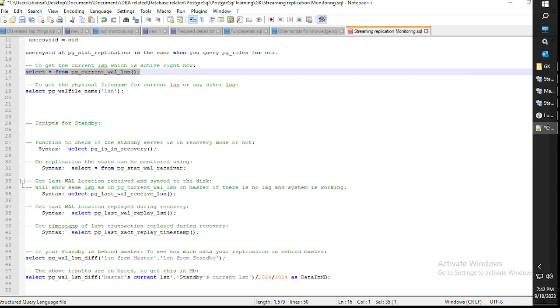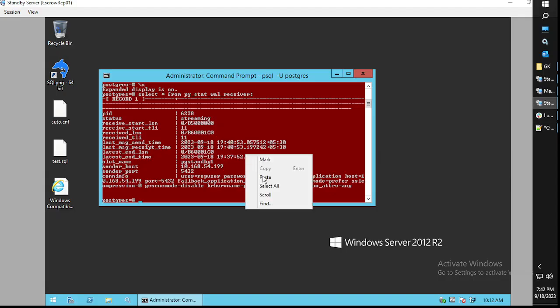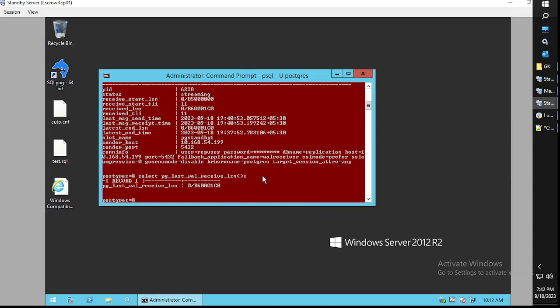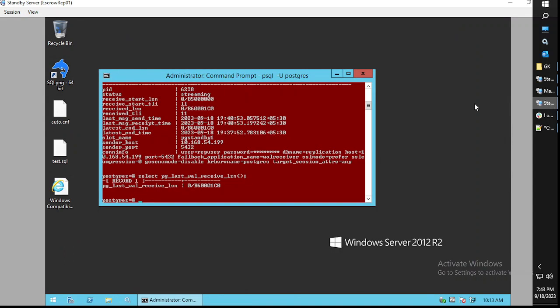Okay, so let's run this command over replication. This will give you the same LSN as is running over master. Okay, 1C0 B6, 1C0 is the same. This will tell you the current LSN for master, and this will tell you the current LSN which is received from master. Okay,